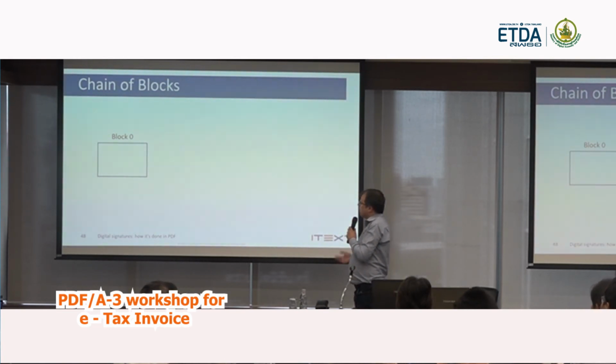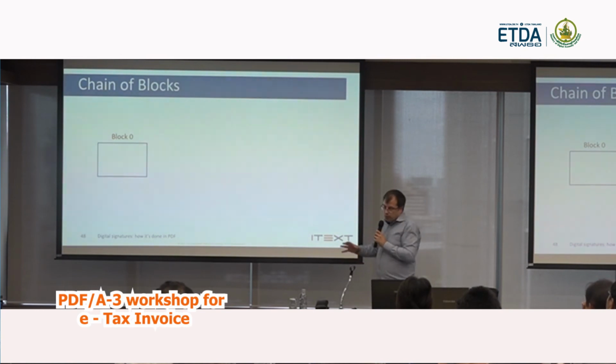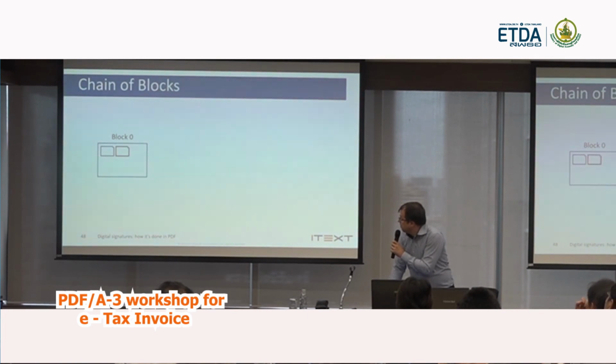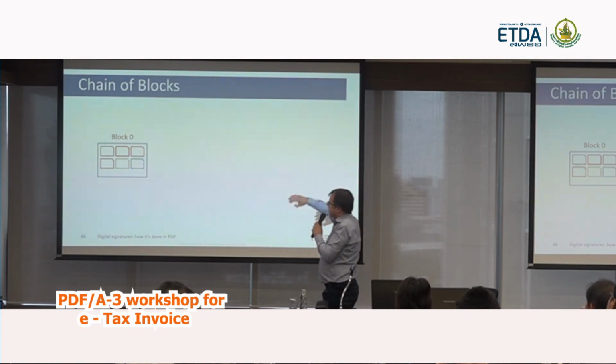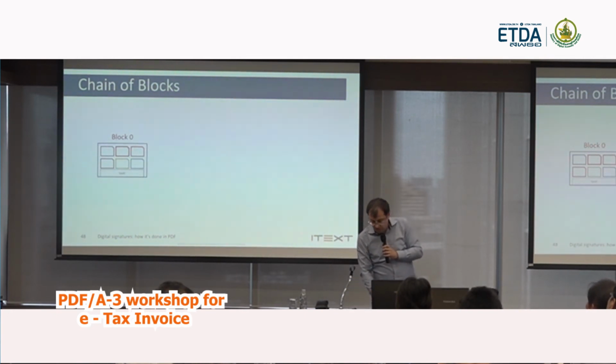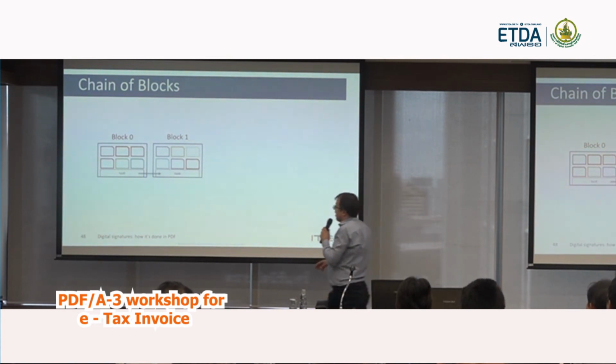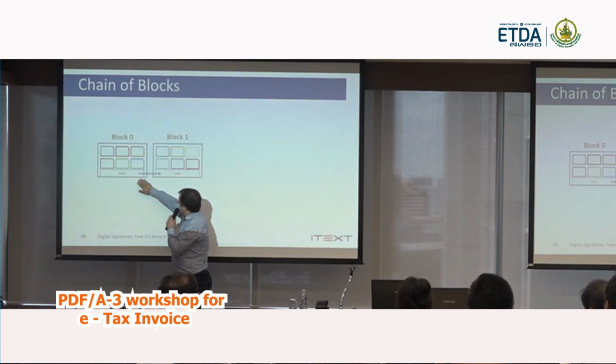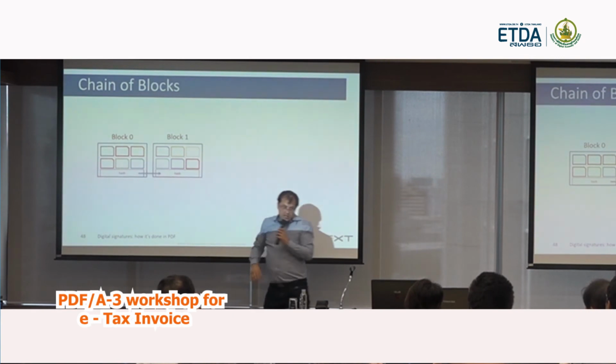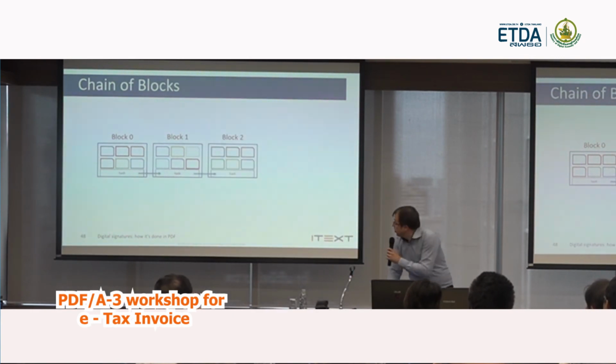Now, for those who don't know, blockchain is a distributed system. You have, for instance, a block, and you add different records to a block, and you take a hash of all these records in a block, and you store this hash with the block. So you have a set of records. And then you create a new block where you add new records, and you create a hash that is based on the hash of the previous block, along with hashes of the records in this new block. And so you create a complete chain of blocks,